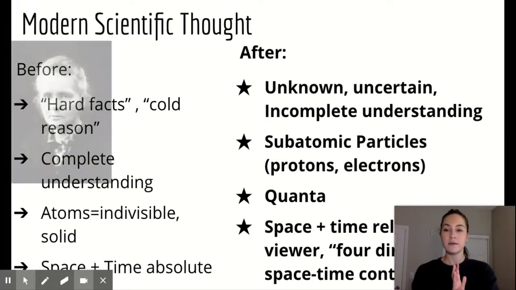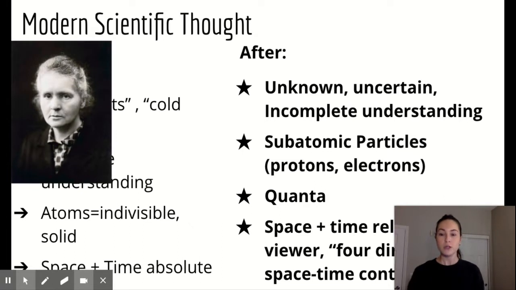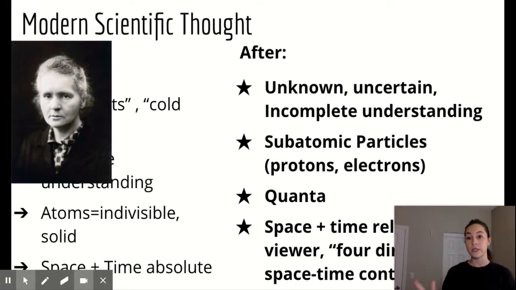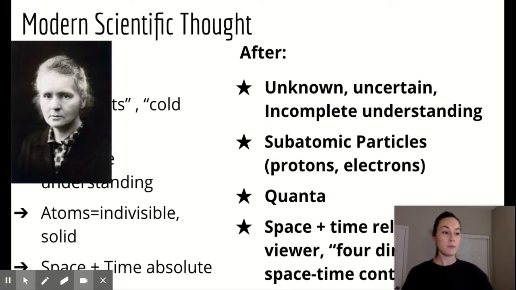So the first one is Marie Curie. Marie Curie is a scientist in this era, and she and her husband are one of the first people who discovered radioactivity. Now, Marie Curie and her husband were working with the element radium. And radium, as it decays, it starts to glow. And so that's a clear indicator that this element was changing over time. Something was happening to it because things don't just randomly start to glow.